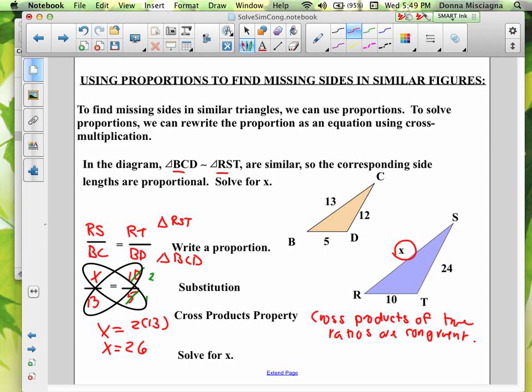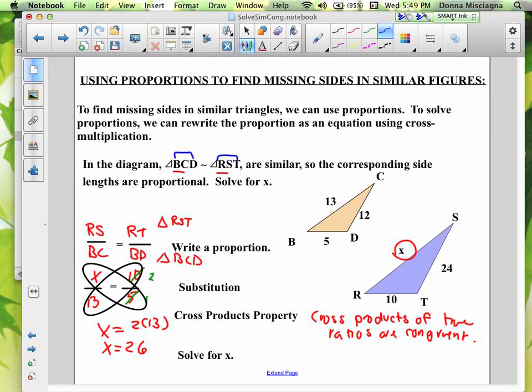So BC goes with RS. Those are the first two letters. And in the second ratio, we have two other sides. RT goes with BD. Okay? Here we knew all three sides in triangle BCD and two of the sides in triangle RST. We didn't have to use BD and RT. We could have used CD and ST. Okay? But they do have to correspond. So if I used BD and ST, I would have a problem because I'd get an answer, but it wouldn't